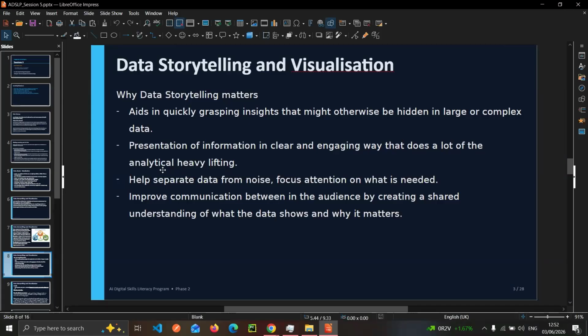But when we try to develop a story, a narrative behind a specific data set, it helps us to focus, it helps us narrow down our attention to something specific. And also, as we've seen, it improves communication between the audience by creating a shared understanding of what data shows and why it matters.